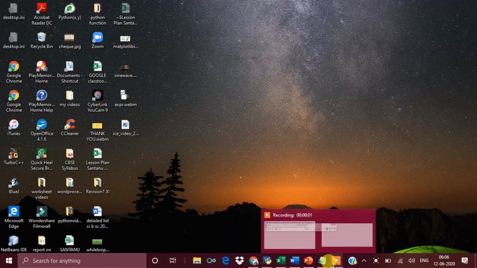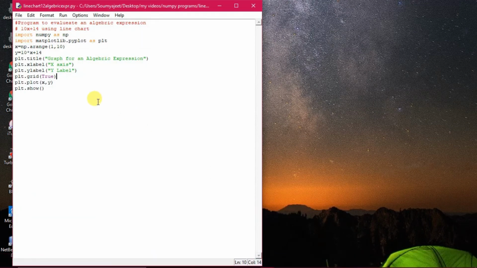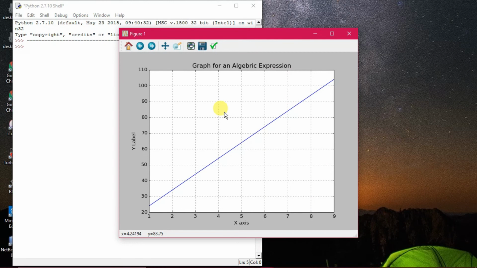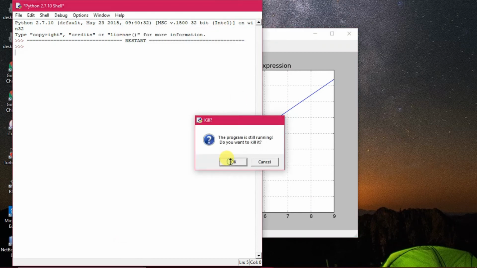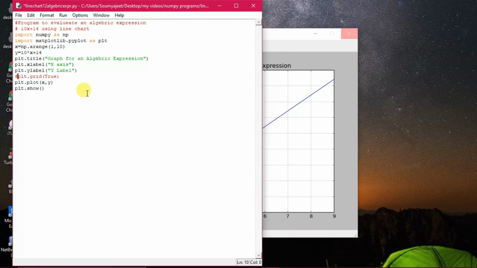Yes, now what I was talking about is to make the grid available. So I had added the command plt.grid, which has to be made True. Then only we'll get this one. You see out here the grids were not available when we were drawing the graph. So what command do we have to introduce out here? We have to introduce plt.grid True. Now it is showing out here. But previously this one was not there. So if I'm making it non-executable, in that case how it is coming, you see.